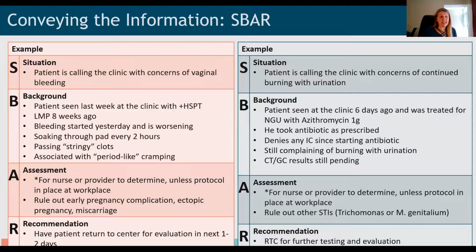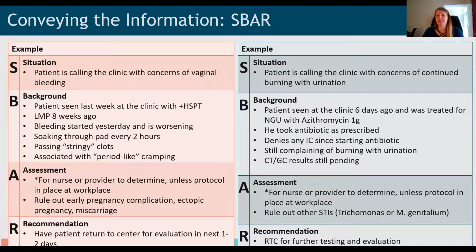The assessment for that, again, this is maybe my turn to take over. I would think about, is this an early pregnancy complication, ectopic pregnancy, miscarriage? I would recommend that the patient return to the center within the next day or two to be seen, okay? So there's one example. The next example would be,